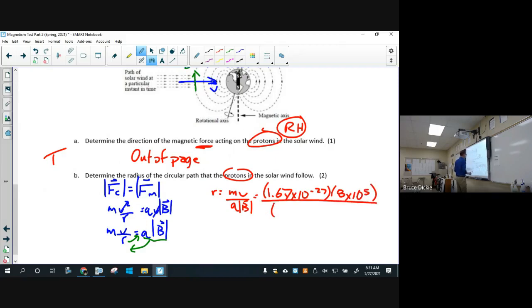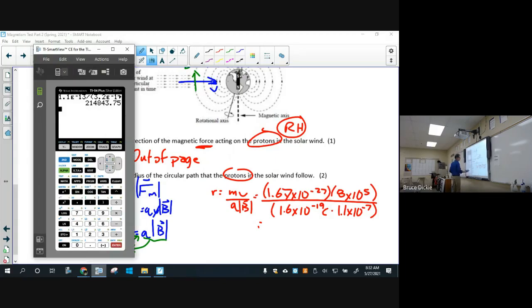And we divide that by, again, brackets on the bottom, right? Because we're doing an operation. Q is 1.6 times 10 to the minus 19, and the magnetic field strength there is 1.1 times 10 to the negative 7 Tesla. So let's do this final one on the calculator here, just to remind you of the need for those brackets. 1.67 times 10 to the minus 27 times 8 times 10 to the 5. And now let's divide that by brackets on the bottom: 1.6 times 10 to the minus 19 times 1.1 times 10 to the minus 7. And when we do that, we get